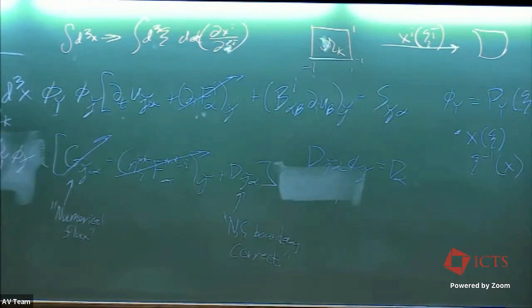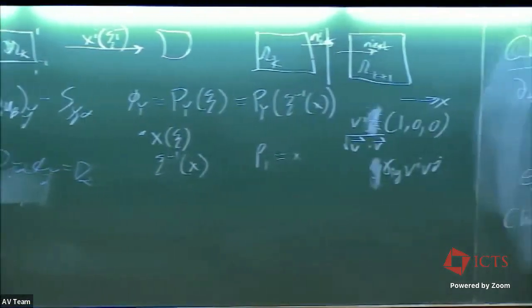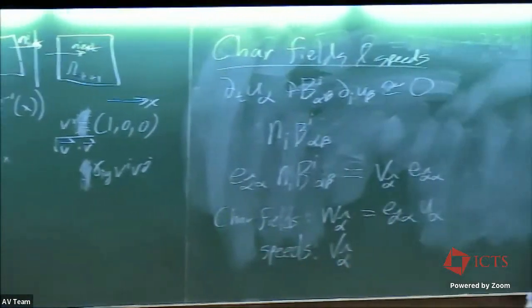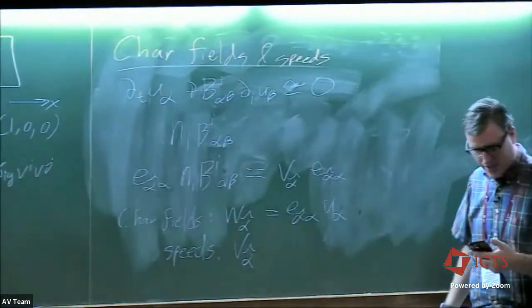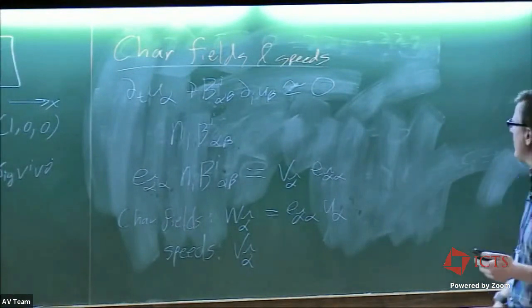Okay, so what I want to do for the rest of the time is show you a specific concrete example of how this actually works. For the scalar wave system with gamma 2, 0, I want to show you how do you actually find these characteristic fields and speeds. So you're going to have to solve, well, we'll see how far we get today. So you're going to have to solve the scalar wave system. Now,